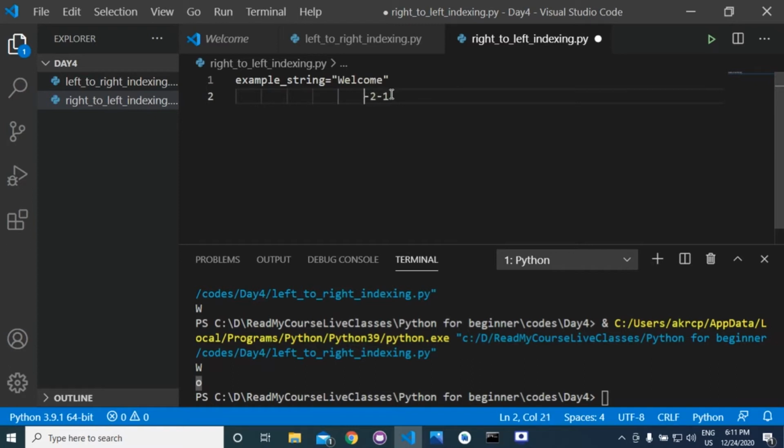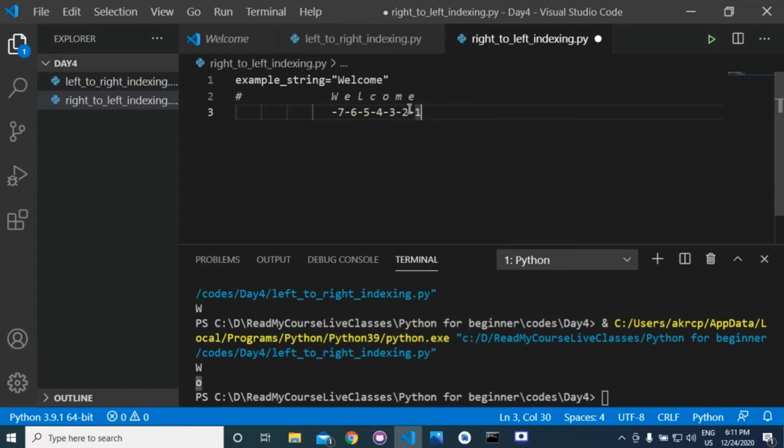I am commenting here. Then it will be at -3, -4, okay, and then -5, then -6, then we have -7.